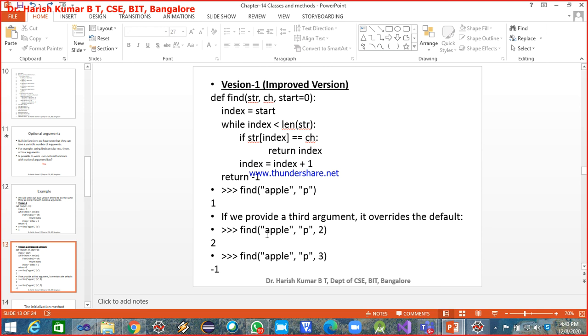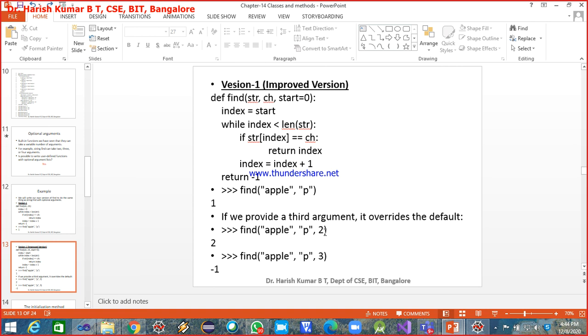In the next example, the second invocation, I am passing the source string apple and the pattern to be searched, p. Now I am passing the position from where this pattern has to be found inside the source string, 2.